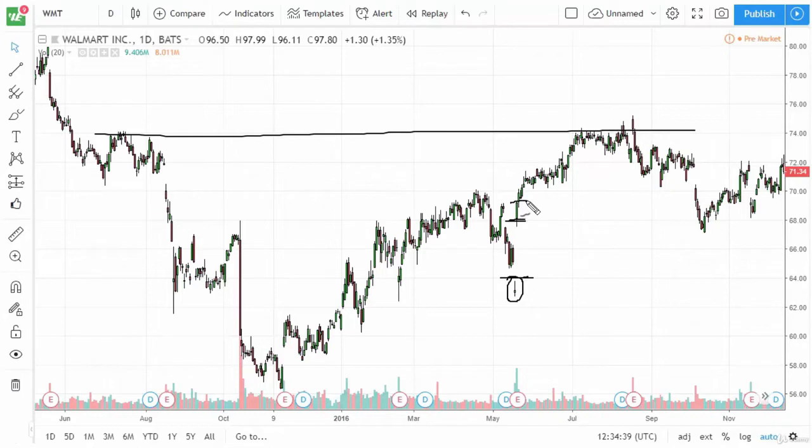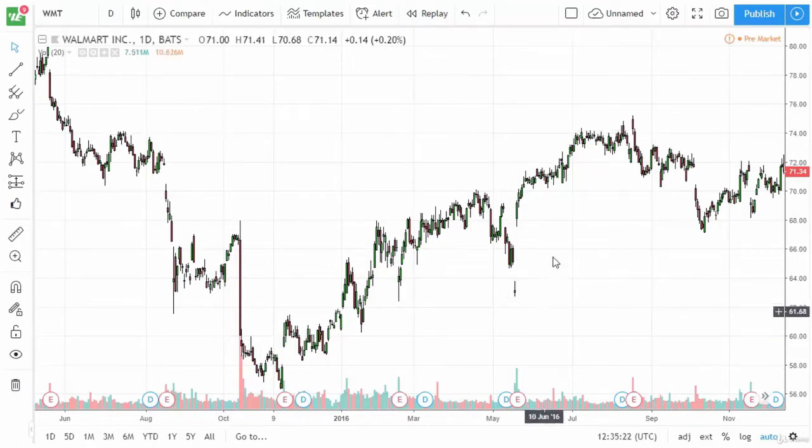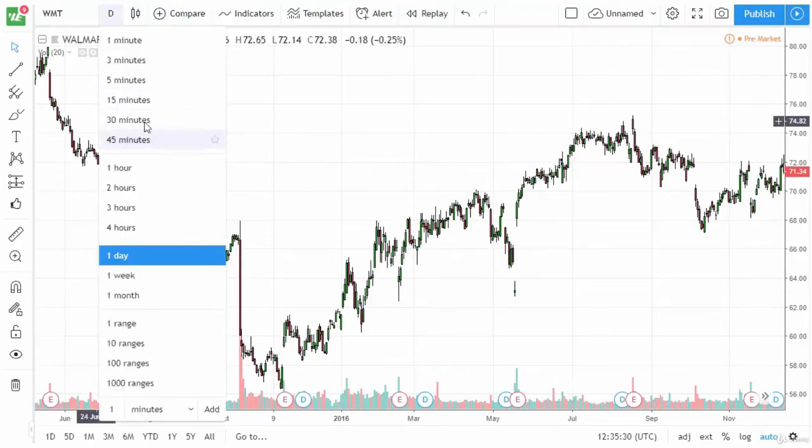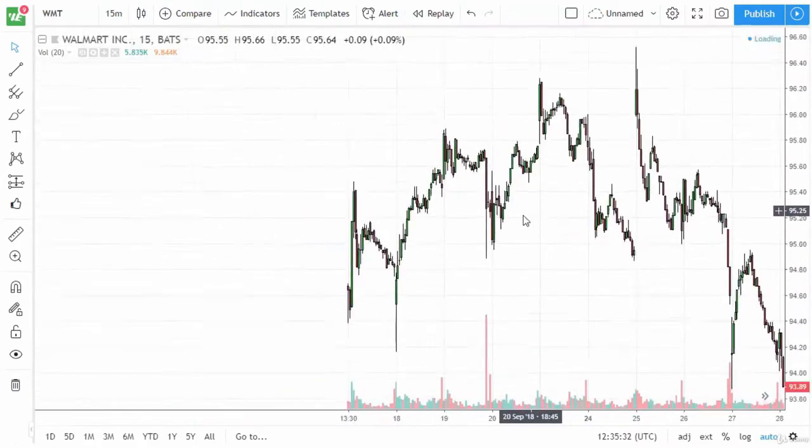Now, as a day trader, you probably were out at the end of the day, but that makes sense. You can see that this works on all time frames. It doesn't matter if you're a day trader or not, but this gives you a sense as to how you should look at this. You say, okay, well, what's the trend? The trend's up. So in Walmart, we would be looking at